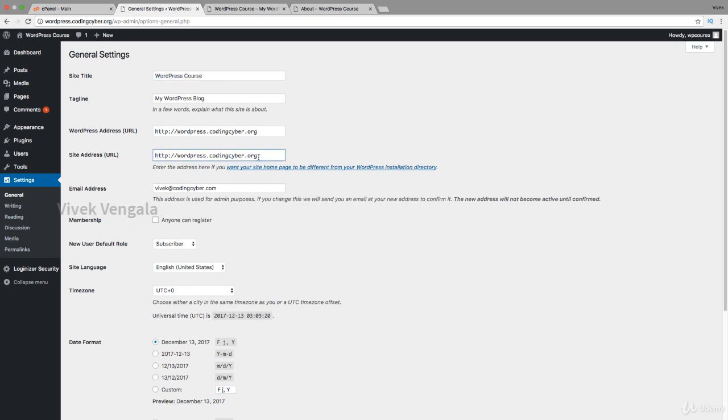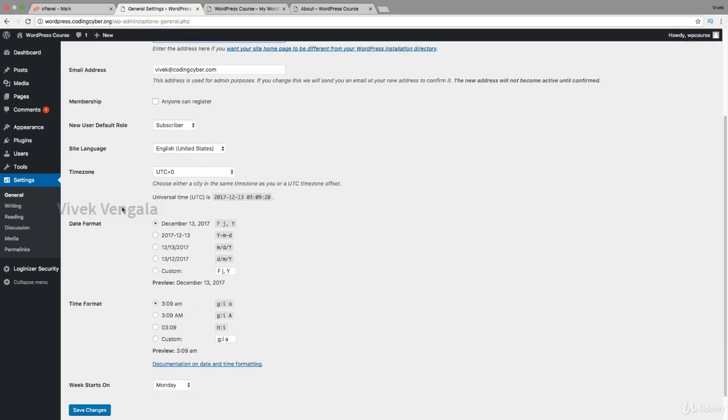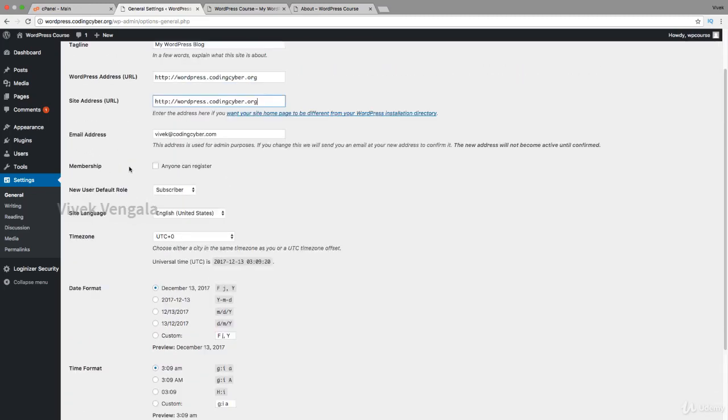If you want to change this URL other than the directory presented in your server, you can update it, but this is not recommended to change it here. After changing this, you have to add some code to htaccess file,